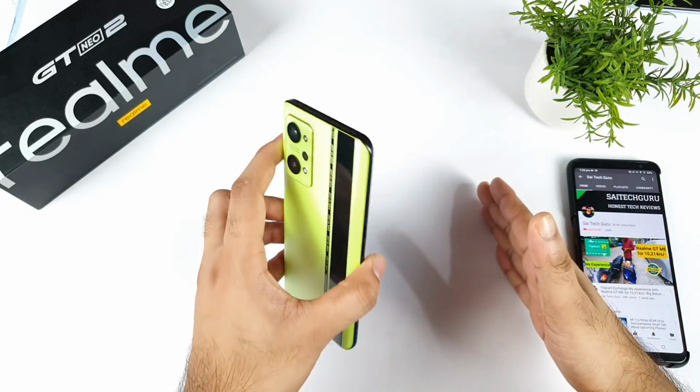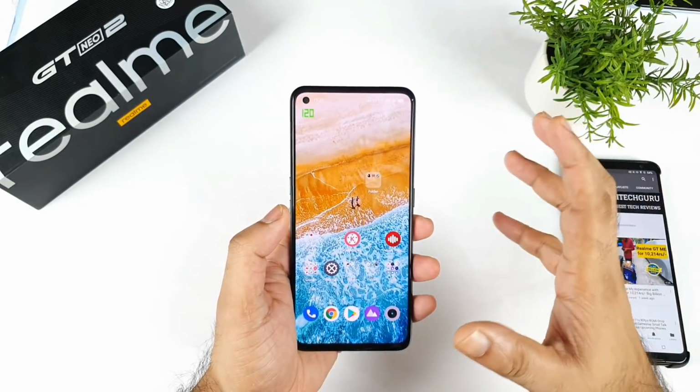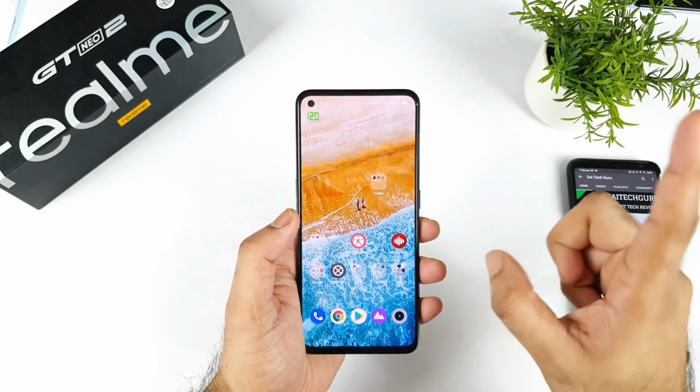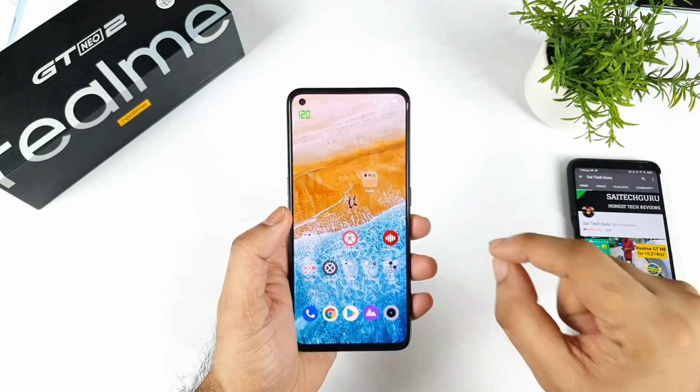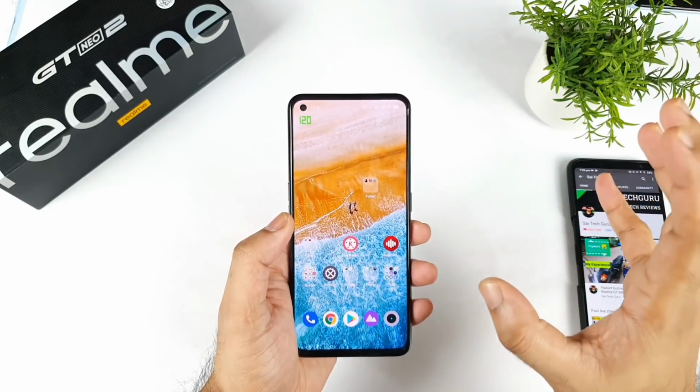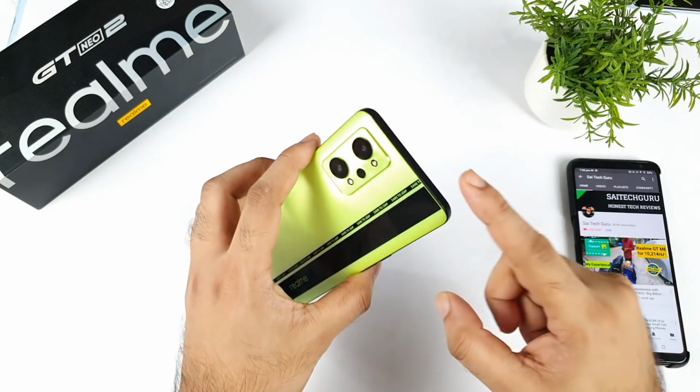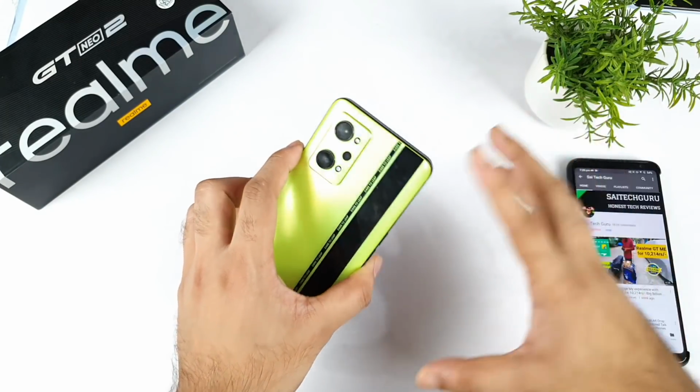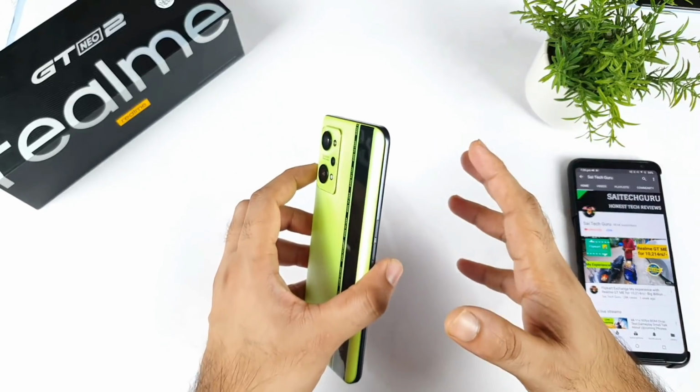In this video I'll try to mention the things I felt could be slightly better in this device. And one quick note: for this price, this phone is really good, but there are small tweaks that should be made for this kind of device. There are some hardware things and some software things which I thought of mentioning in this video.